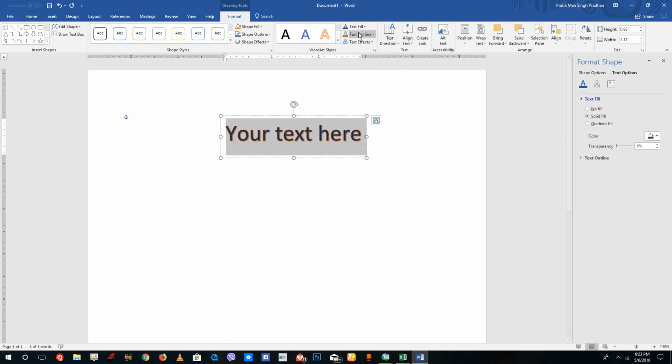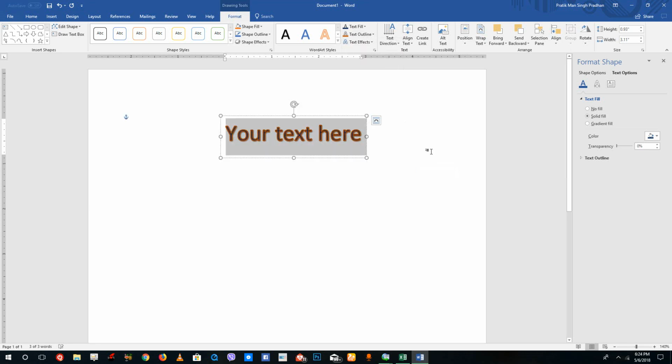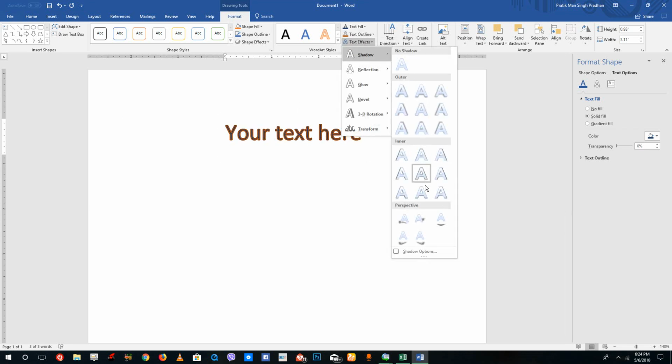like orange, and then I can increase the weight of the text as well, as you can see right here. So you can see that I can actually set the weight just like this, and even go to more line settings right here. On the text effect, I can add in shadow, just like I can add in shadow